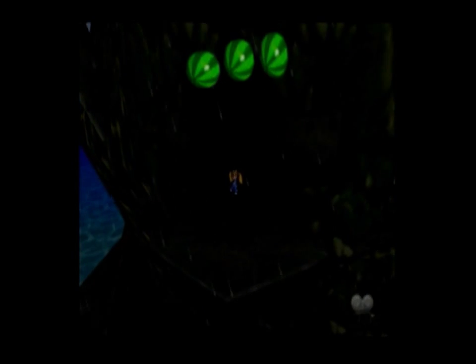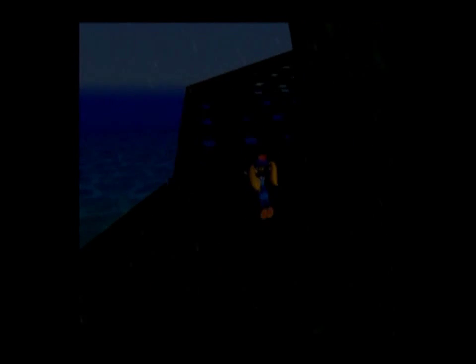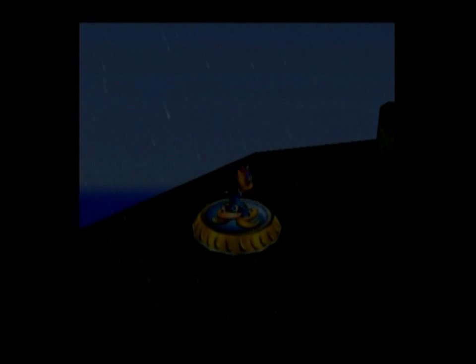So, with all 40 blueprints and all 200 golden bananas in tow, or at least we think all 200 bananas in tow, I'm gonna go back to the monkey port pad to get back up to this place. It's like the only way to get up here, so...